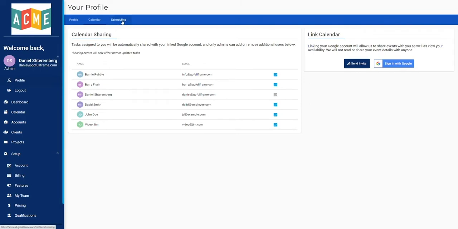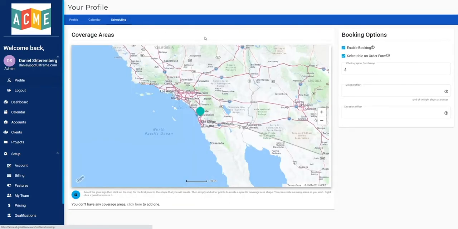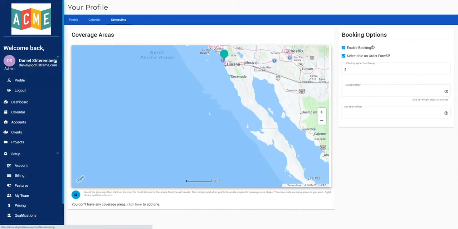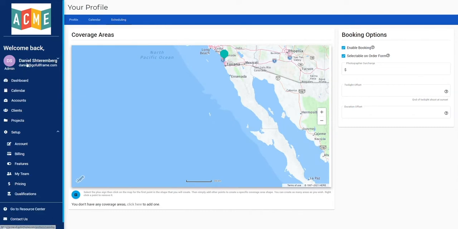And then the scheduling are the parameters set up that's required by the scheduling module. And we'll also get to that in a minute. So I'm going to go back out of here. And what I want to do is show you the client's